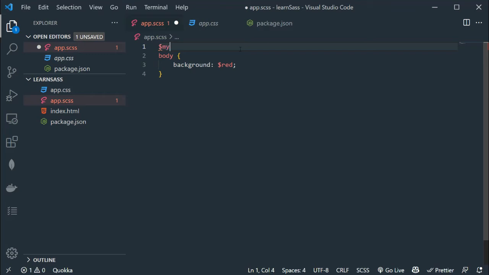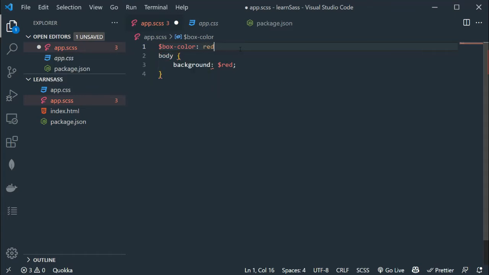So let's say my color. You can add my dash color or my underscore color, or just color or bg. I'm going to add box dash color, colon. After the colon you can add any CSS valid value.